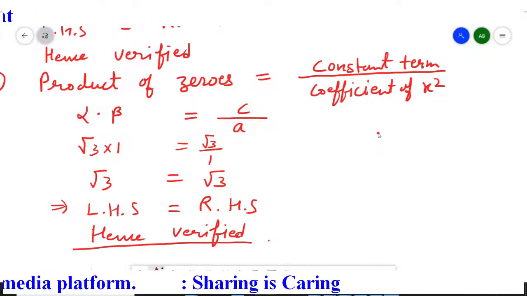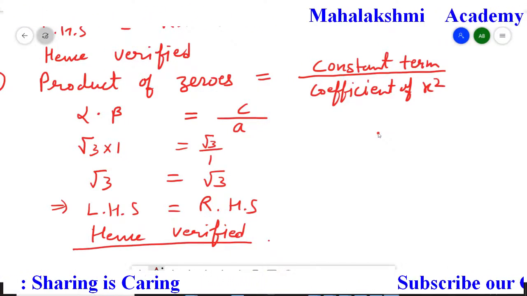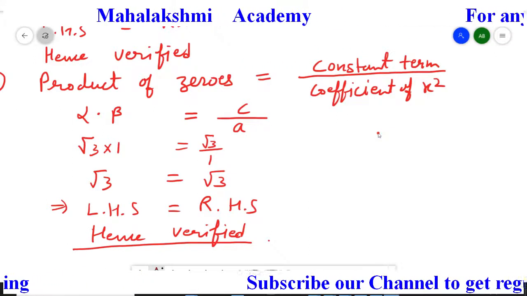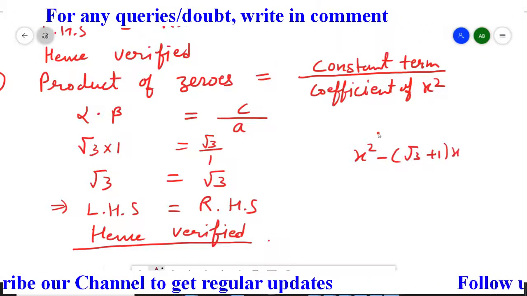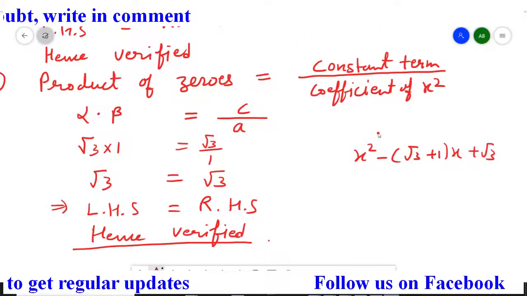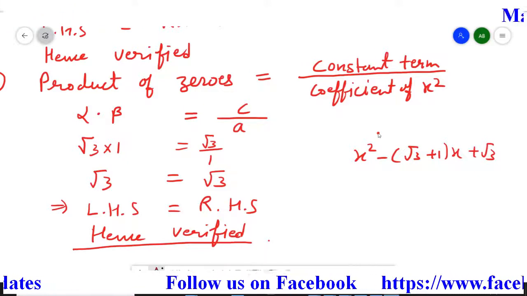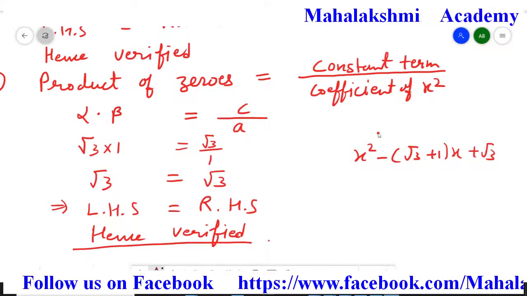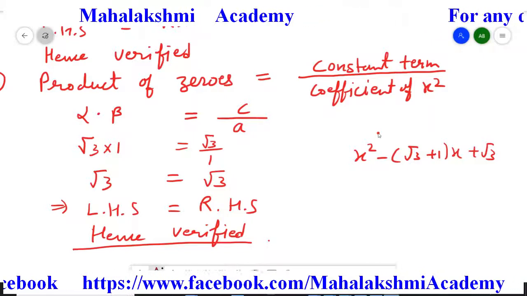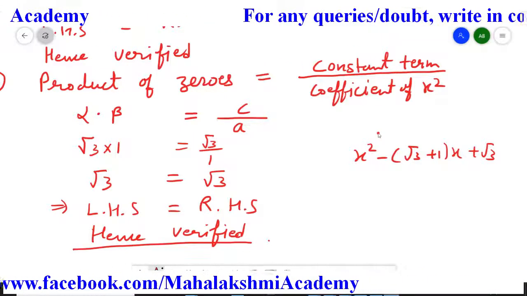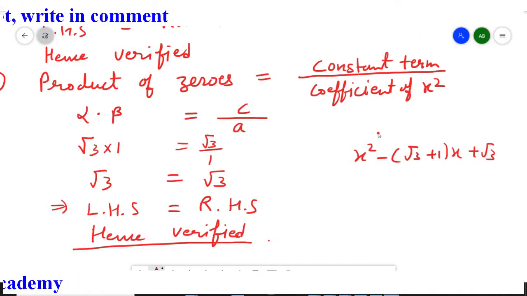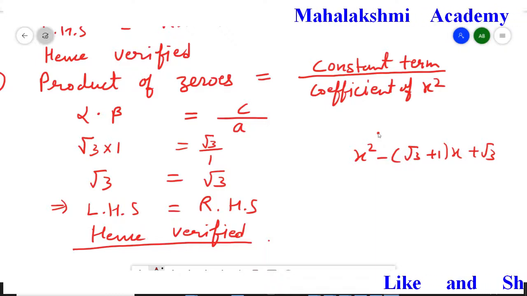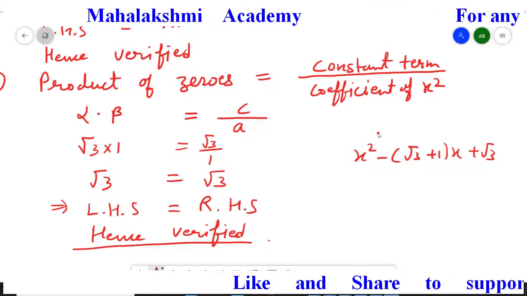So in this question, we had been given a polynomial of this format, that is x square minus root 3 plus 1 bracket close x plus root 3. So here when we opened it, it directly converted into the factor form, and then directly we took the common. So we have not factorized it. Actually it is already given in the factor form. So this question is different from others. In this they have already given the bracket, means the factors they have already given to us. So I hope this question is clear to you.